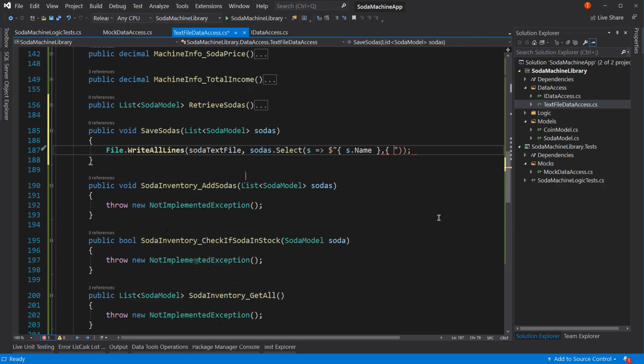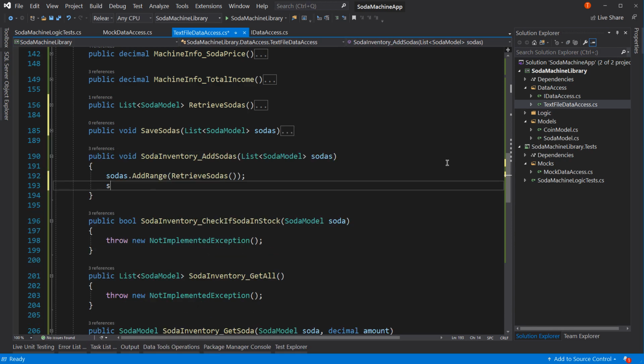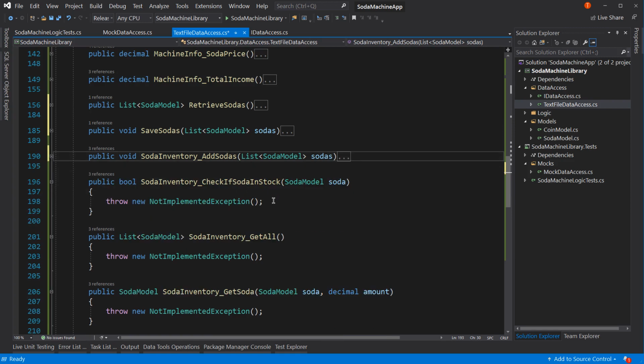Our list of new sodas, and then we can say save sodas and pass in sodas. Done. Now check if soda is in stock. Let's look at our unit test